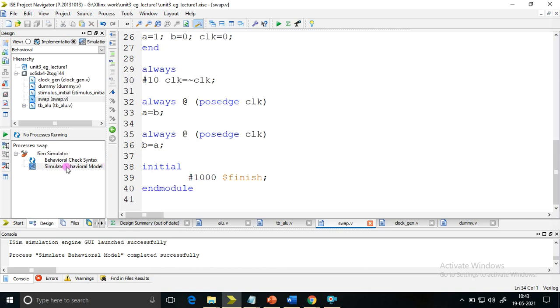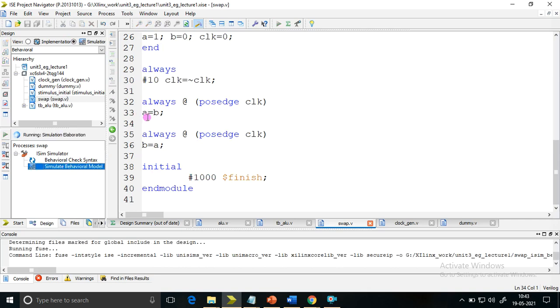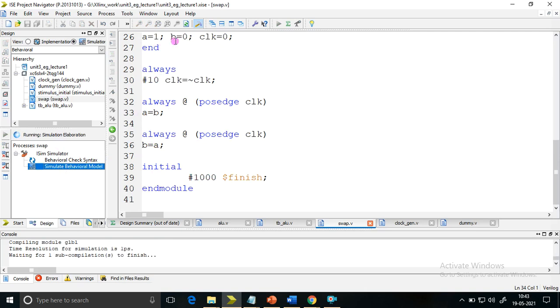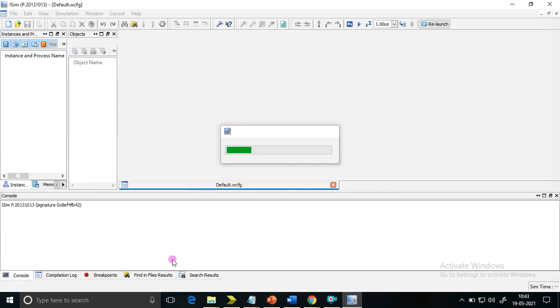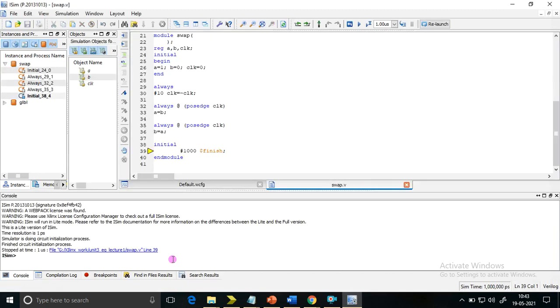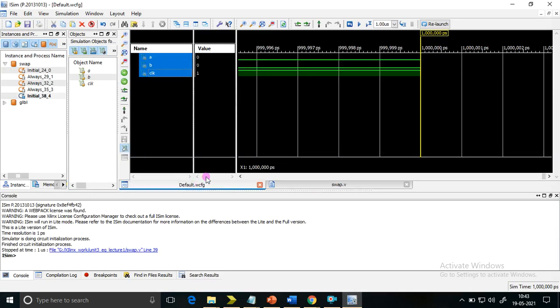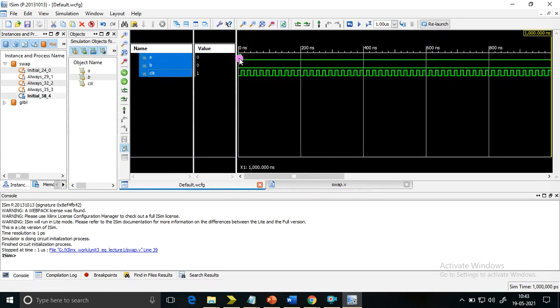I'll go to the simulation and simulate. A and B values should stay at 1 and 0. It should not change at all, it should not swap. We'll see. So it has successfully completed. Here you can see A is 1, B is 0, and there is a positive edge.